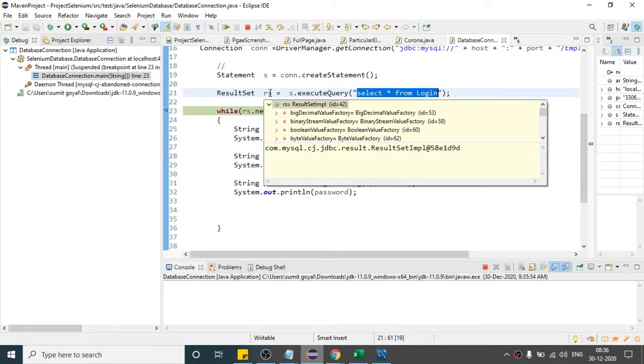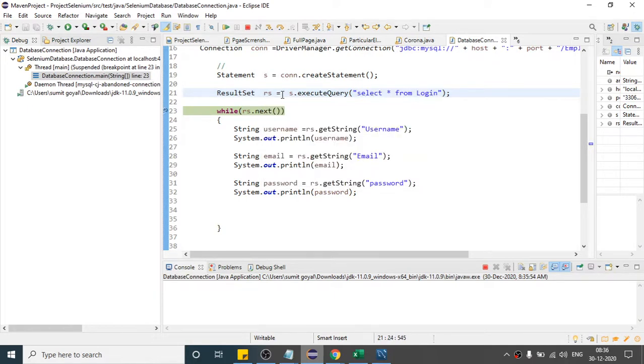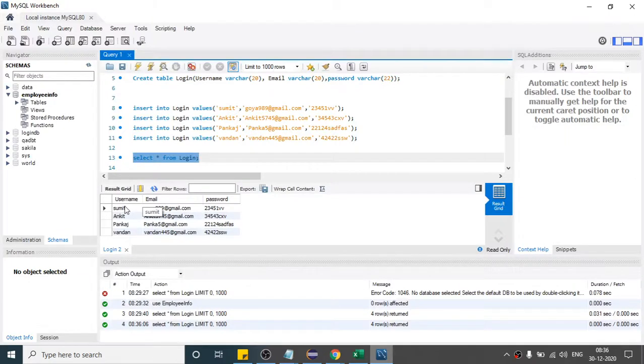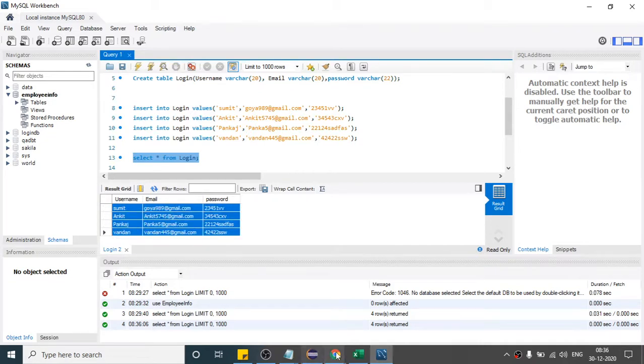Why all the data? You do not have to worry in which format the data is coming. Just understand that all the data will come by executing this query. So what is that data? Select star from login. So all the four rows, 1, 2, 3, 4, right? Every row of data will come to this rs object.